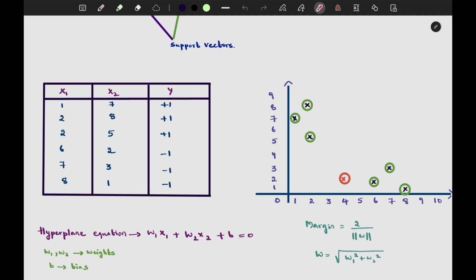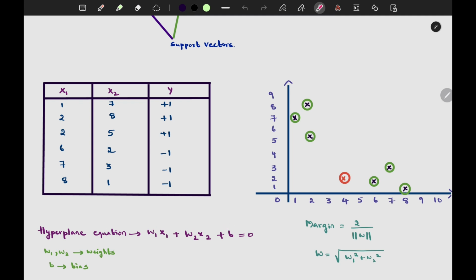Now let's try to understand the hyperplane equation, like how to calculate the hyperplane equation. So my hyperplane equation is w1 into x1 plus w2 into x2 plus bias. If you're having maybe 3 parameters or 4 parameters like x3 as well as x4, then you will be having something like w1 into x1 plus w2 into x2 plus w3 into x3 plus w4 into x4. So according to your input parameters, you will be writing this hyperplane equation. So here we need to calculate w1, w2, which are nothing but weights, as well as bias.